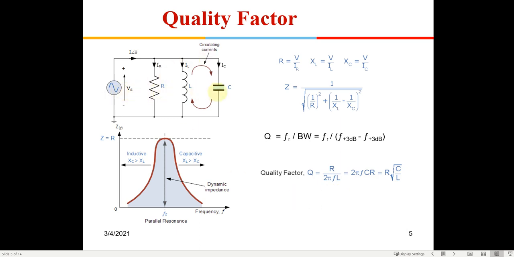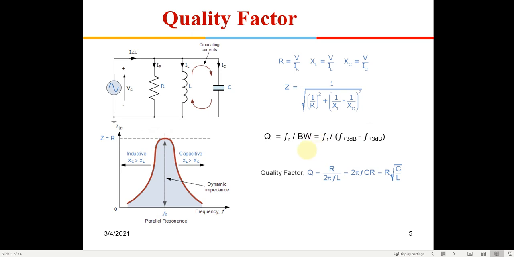Okay, so this is how the actual tank circuit looks like. There will be a resistance which is in parallel. So the impedance will be given by this formula now, right? All three of them in parallel. So at the resonant frequency, if you see, these get cancelled with each other, and then only 1 by R remains, so that will become R, it will come to the numerator, and the impedance will be Z is equal to R at the resonant frequency.